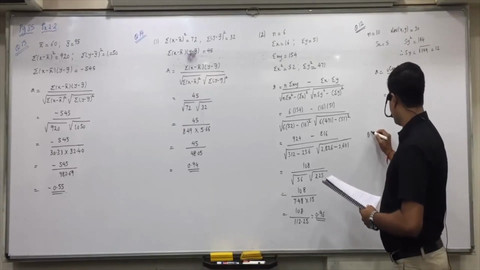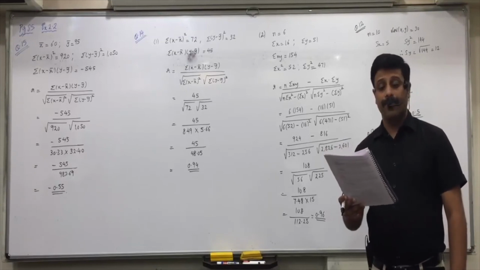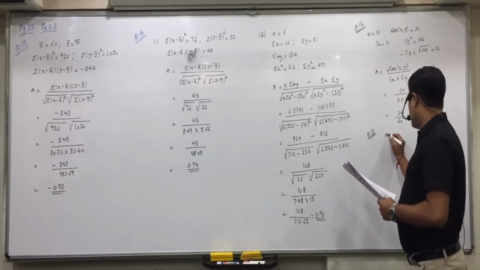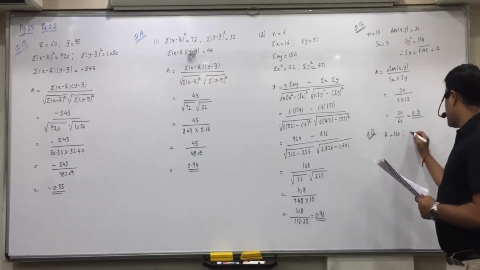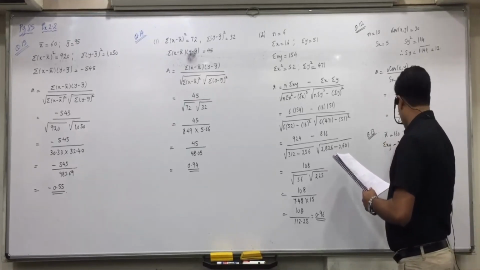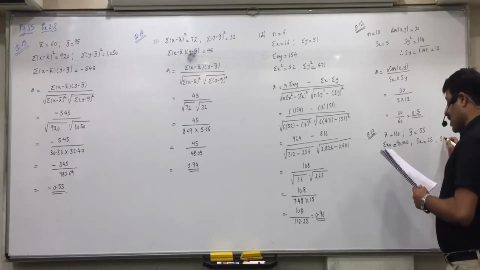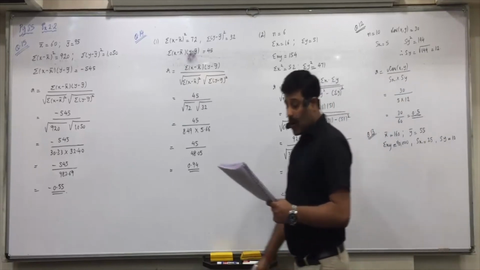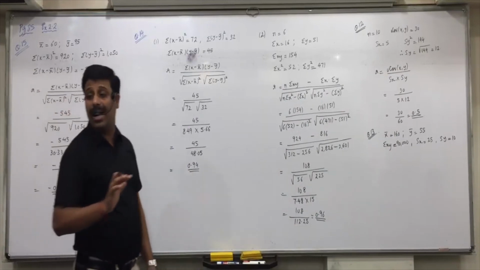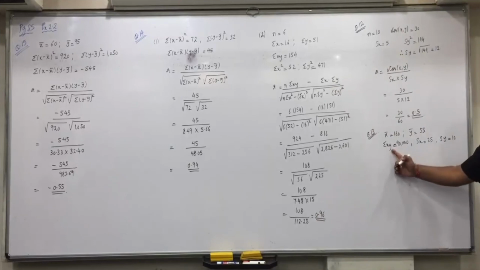Same way, question 13. The following information is obtained regarding the height x and weight y from a sample of 10 students of a school. X bar is equal to 160, y bar is equal to 55, sigma xy is equal to 90,000, Sx is equal to 25, Sy is equal to 10. Raise your hand. Which formula will you use? Find the correlation coefficient between height and weight from it. Isha, third formula. See, sigma xy is given or not?